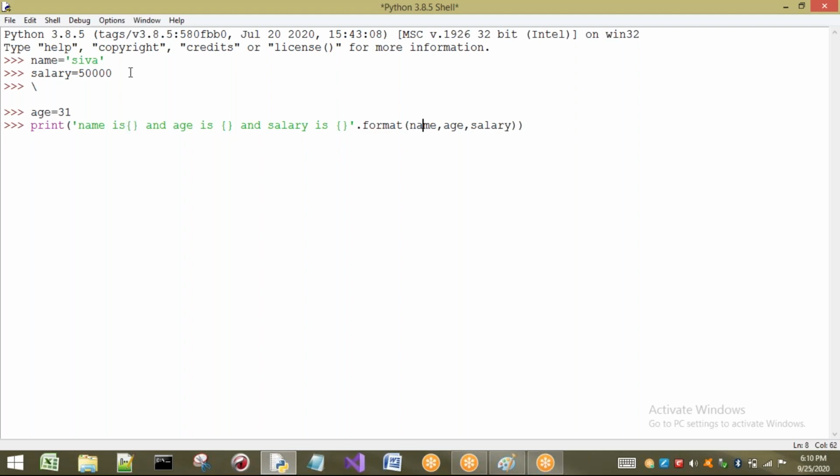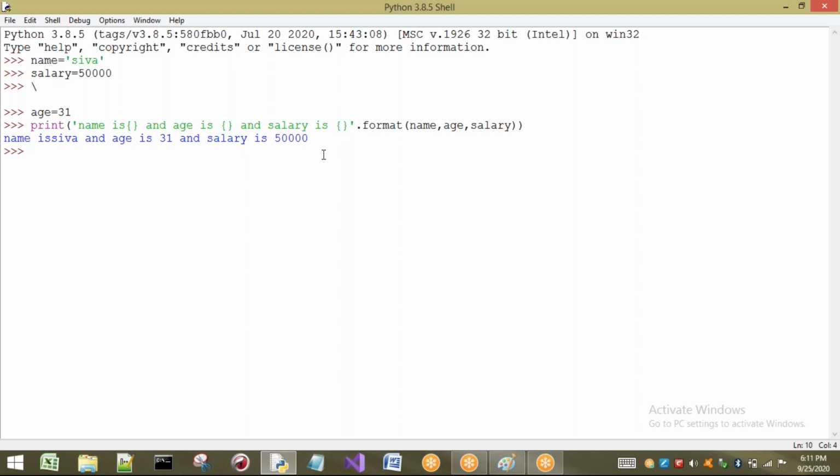The name here is Shiva, which is placed here. Next the age is 31, so 31 will be replaced here, and the salary is 50,000, which will be replaced here. Let us see the output. See here, name is Shiva and age is 31 and salary is 50,000.